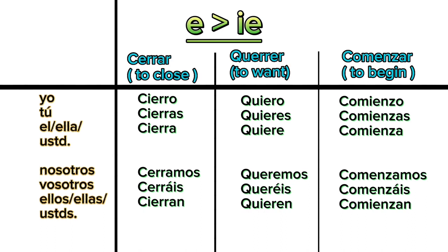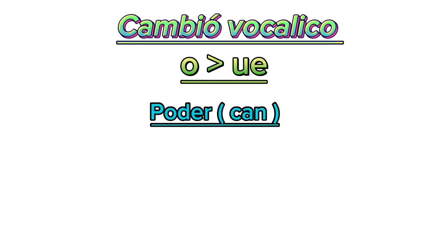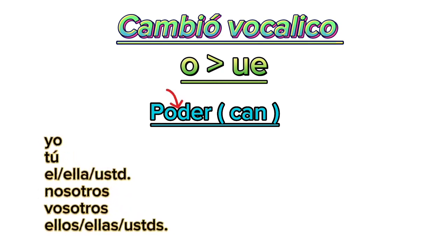Alright, now let's move to another subcategory, that is O cambia por UE. O cambia por UE, that is our O changes to UE. Let's take an example. The first verb that we have is poder. Poder means can, like puedo hablar. So puedo hablar means basically I can talk. So that can is basically poder. Now here we have to change the O to UE, right? So our conjugation becomes